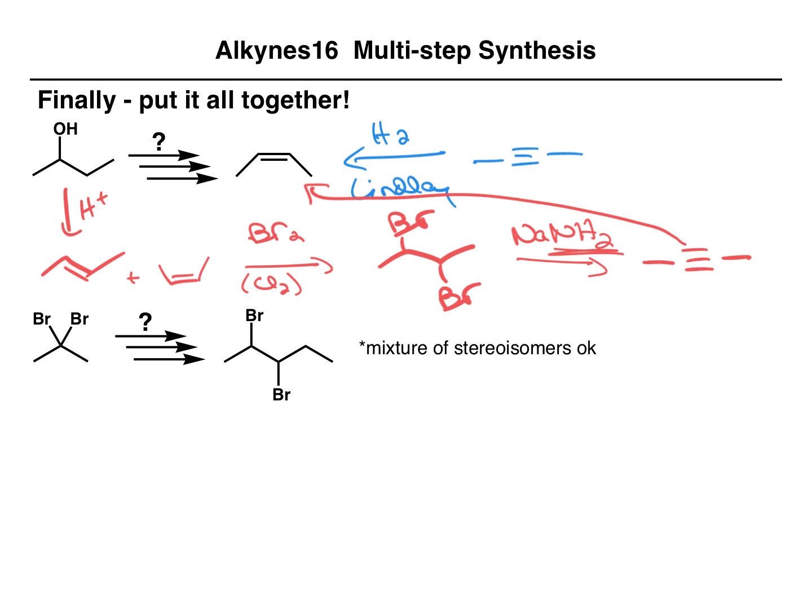So starting out with 3 carbons, we need to get to 5. So the only way that we know how to make carbon-carbon bonds is an alkyne alkylation. So we need an alkyne. So if we take our dibromide and we treat this with the sodium amide, we need an excess that will allow us to make the alkyne. Now we can treat this with another equivalent of sodium amide or another really strong base, followed by we need